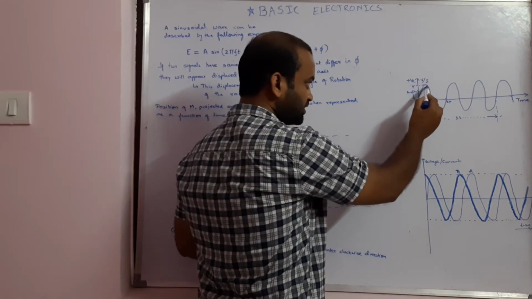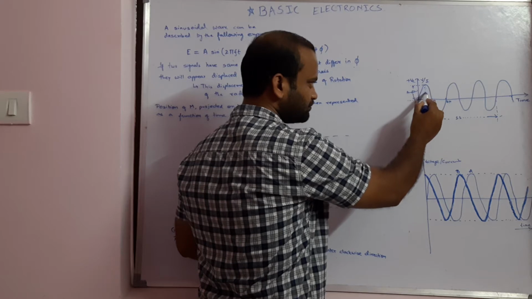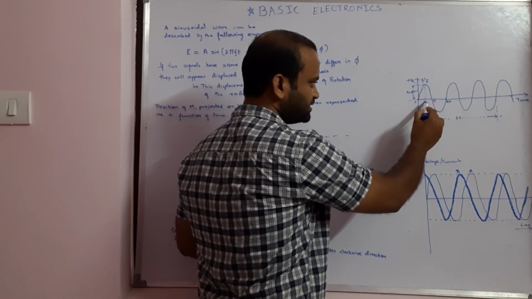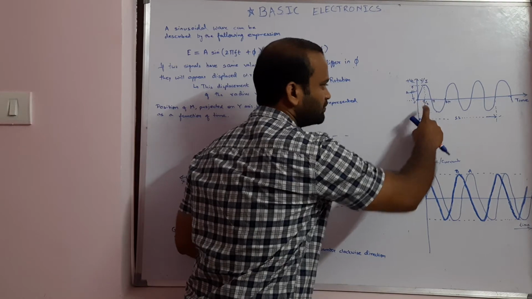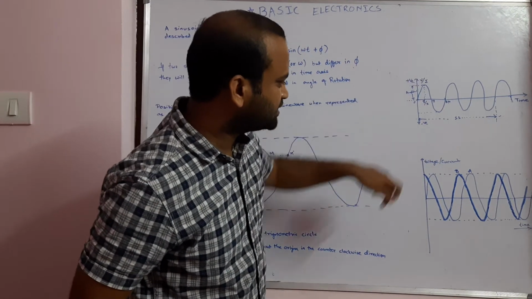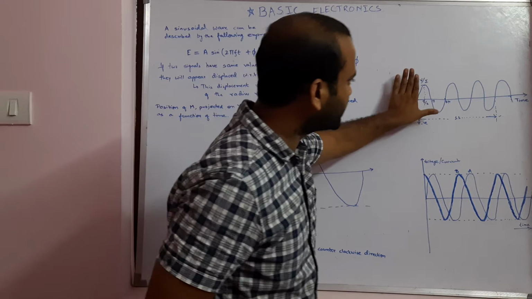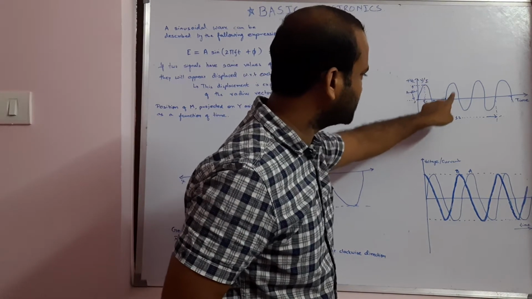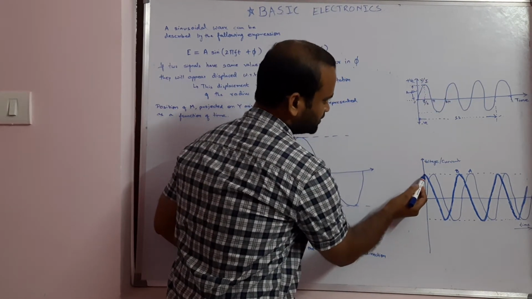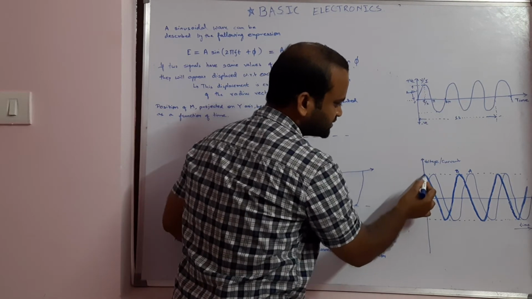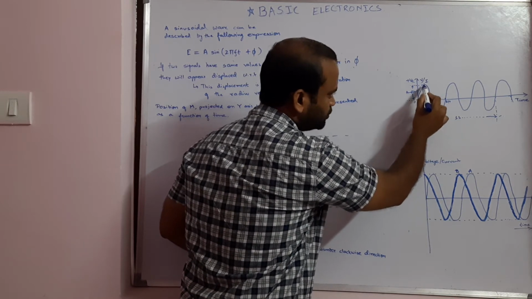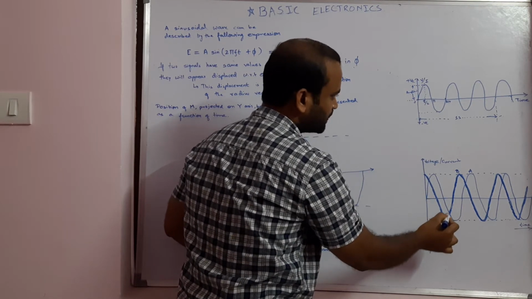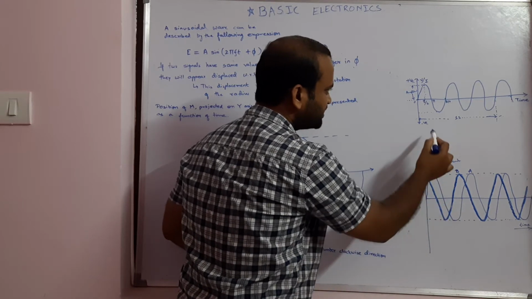Now at this point of time, the phase angle is pi by 2, right? So now you can see from here, if you cut from here, this looks similar to signal B, right? So signal B starts with the angle of pi by 2. If you see, this is the pi by 2 and signal B is starting from pi by 2, whereas signal A is starting from 0.